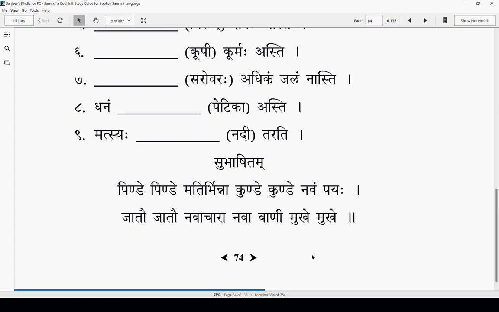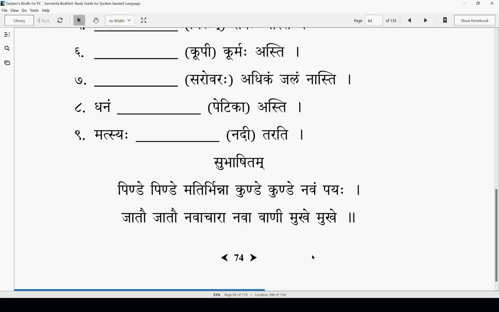Jato Namachara. So Jatihi is a word here. Jati is a Strilinga like Matihi. So Jato, or Yuvatihi, Jato, in every Jati there is Nama Achara, different Achara. What do you call Achara? Different ways? Rituals. Yeah. Different rituals, different ways, how they behave, practices. In every Jati, in every community.